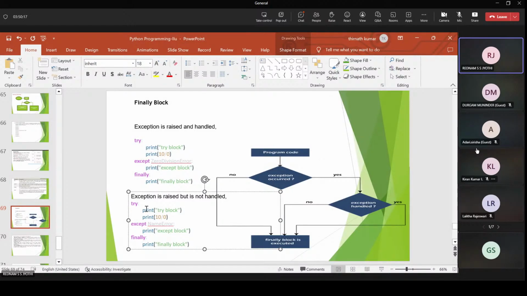Whenever the try block raises an exception, the try block throws an exception object, and the corresponding except block catches that object. But in this case, the except block catches only NameError. It does not take ZeroDivisionError. So in that case, the exception is raised but is not handled. Then what is the final output here? The try block and the finally block. So regardless of whether the exception is raised or not, the finally block always executes.